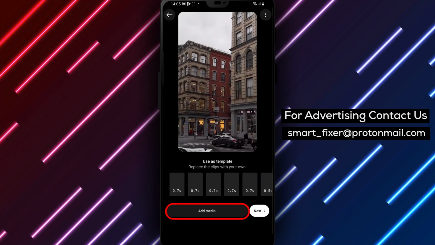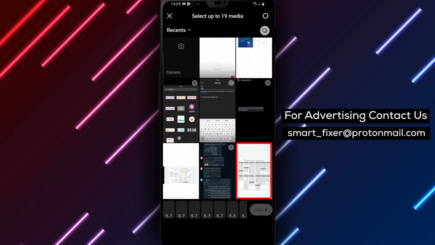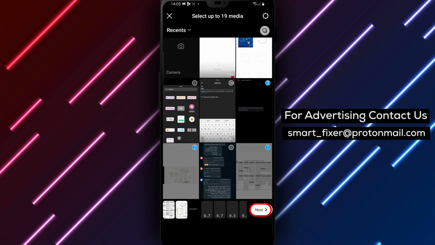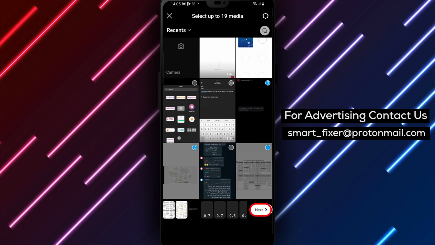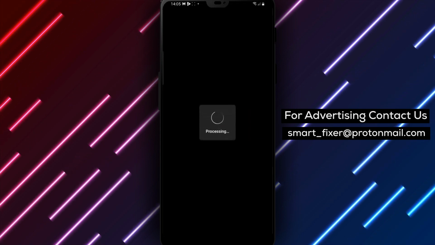You can add media or videos to the template and customize it until it suits your style. Customizing your template is easy. You can add text, change the font and color, and even change the background. Once you've customized your template, you can add music or other audio to your reel to make it more engaging,